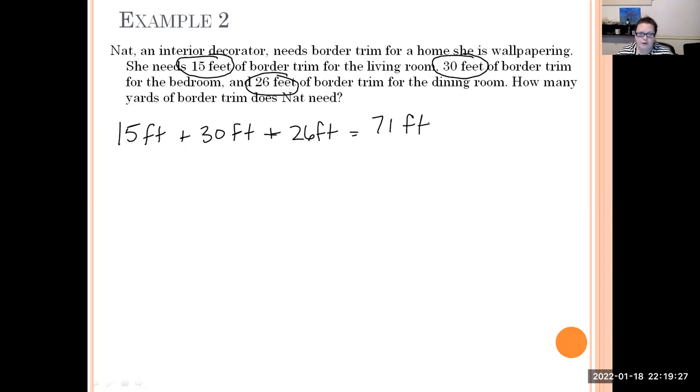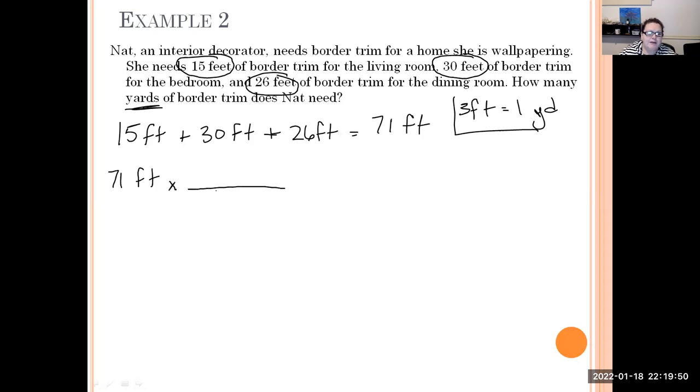Okay, now we can do our conversion. In order to do the conversion from feet to yards, which is what they're looking for, we need to use our useful conversion chart, and we're going feet to yards, and there are 3 feet in 1 yard. So we'll start with the 71 feet that we have